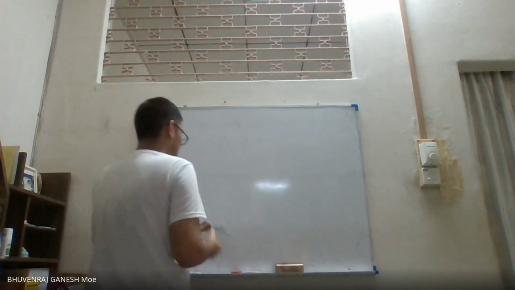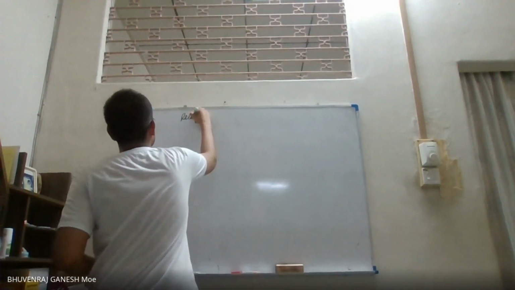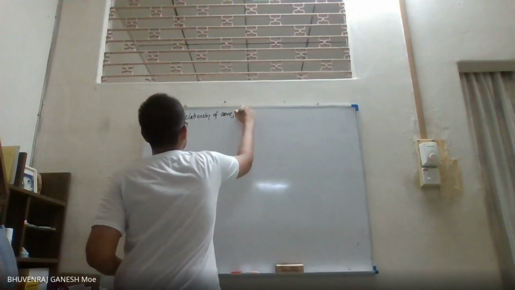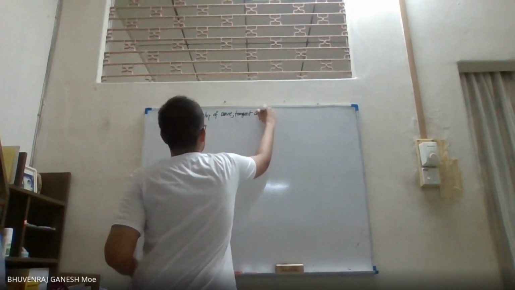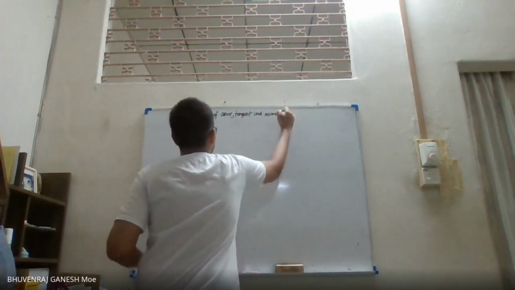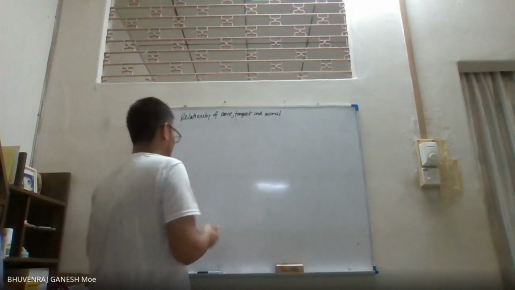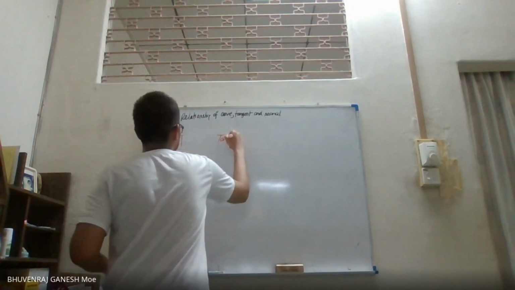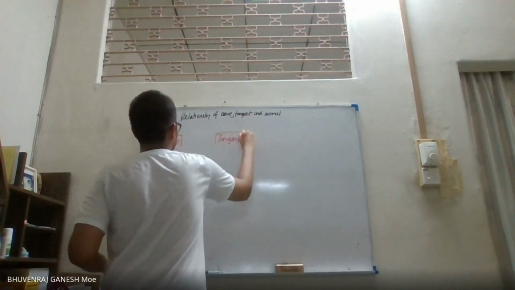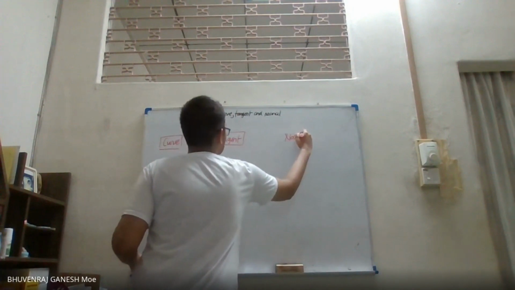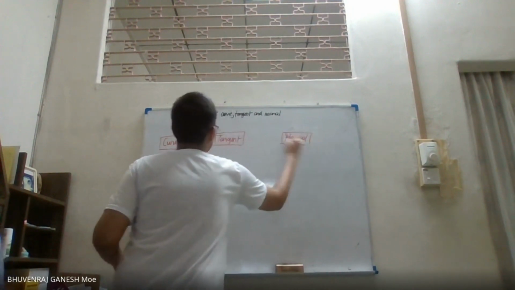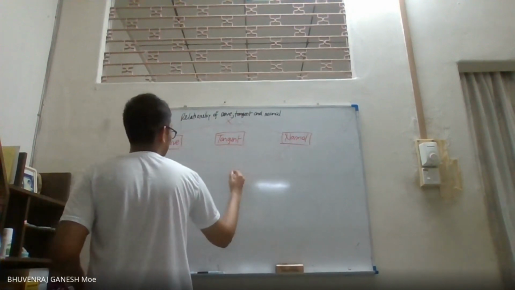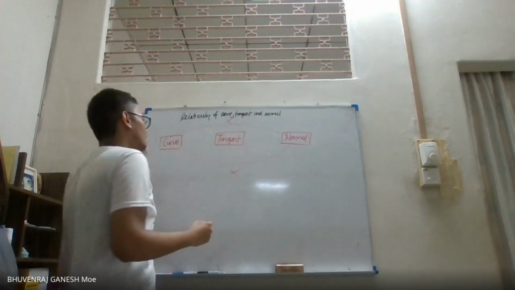So next is actually using the relationship of curve, tangent, and normal. So let's say we know a flow chart. Here is curve, here is tangent, here is normal. So we cannot jump directly from here to here or from here to here. So you have to go through 2 steps to get from curve to normal. So from curve to tangent,